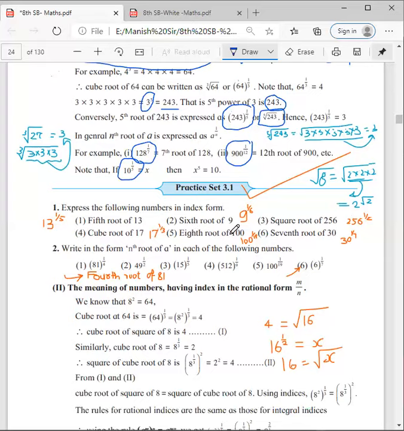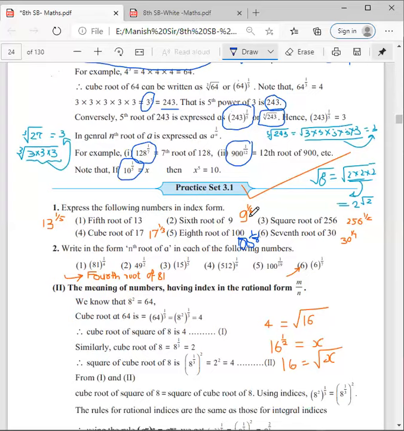8th root of 100. So I have written 18, I'm so sorry. At this place, you will get 8th root of 100, right? So 100 raised to 1 upon 8, we will write at this place. If we talk about this one, cube root of 17. So 17 raised to 1 upon 3. I hope this one is clear.